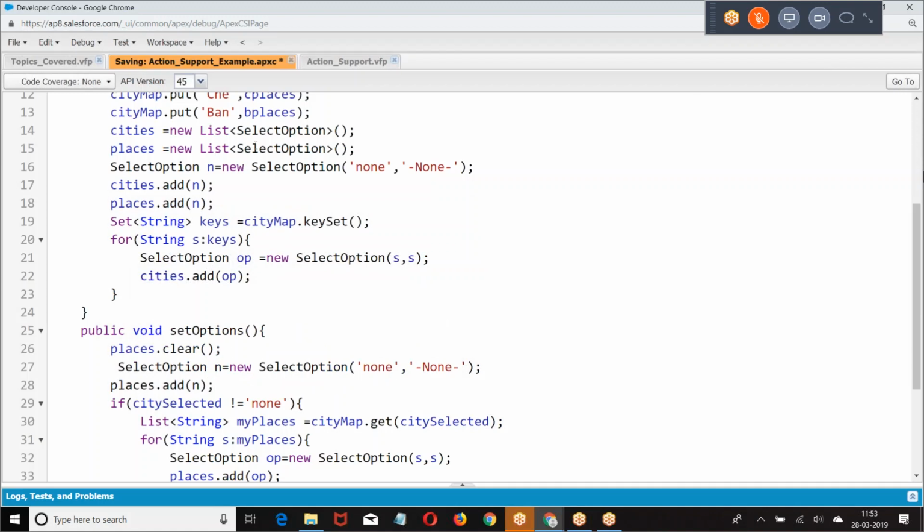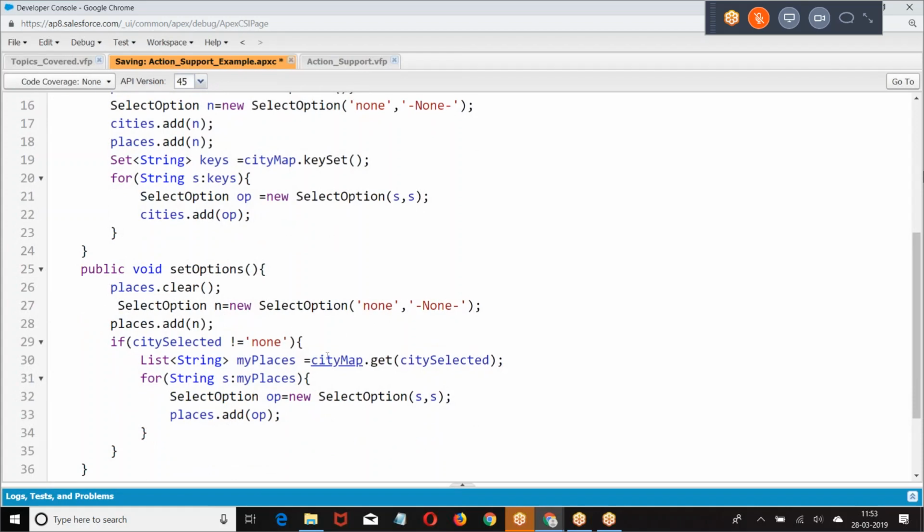So look at this. If the city you have selected is Hyderabad, get me Hyderabad places, add it to the places pick list. If the city what you selected is Chennai, get the Chennai places, add it to the Chennai list. This is what I'm doing.